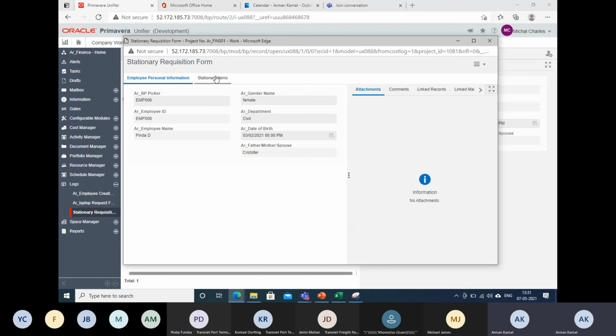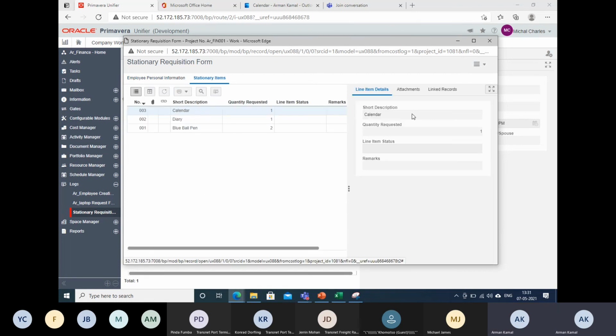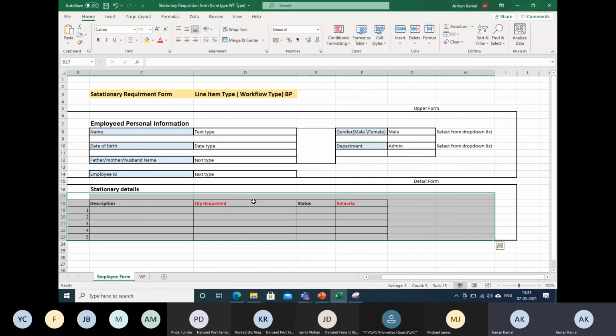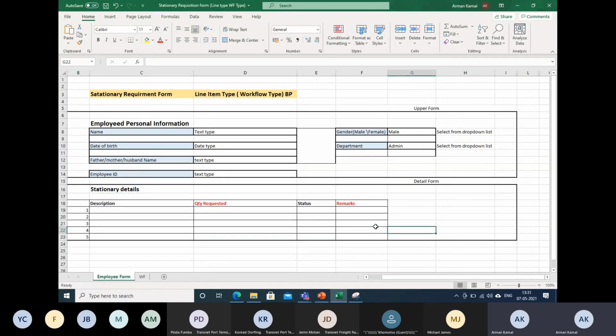To consolidate what I explained till now: whenever there is a requirement of a BP where multiple record details are required dynamically, and the user can create 3 items or 10,000 items, there you will use a line item BP.